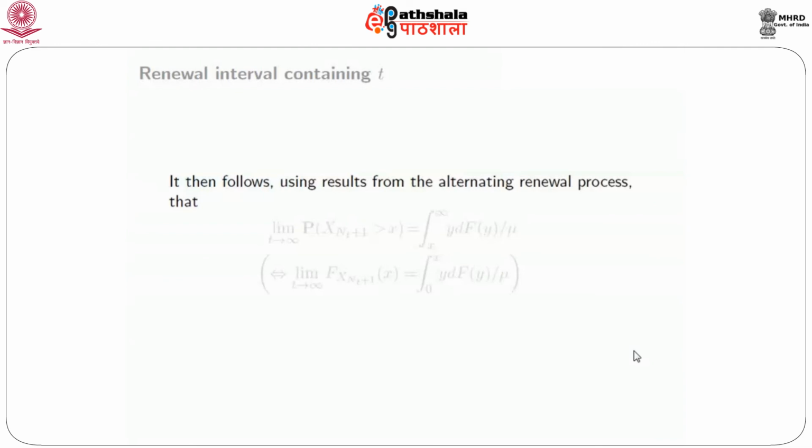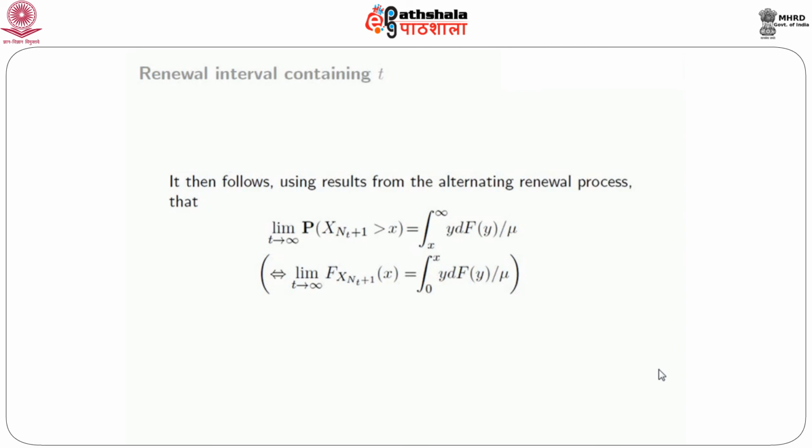So from that, you can easily use the alternating renewal process result to conclude that the limit as t goes to infinity of the probability that X_{N(t)+1} is greater than x turns out to be exactly 1 over mu times the integral from x to infinity of y dF(y),